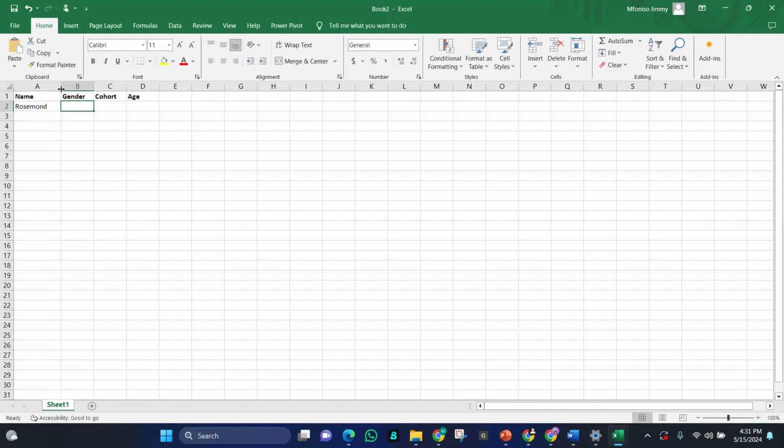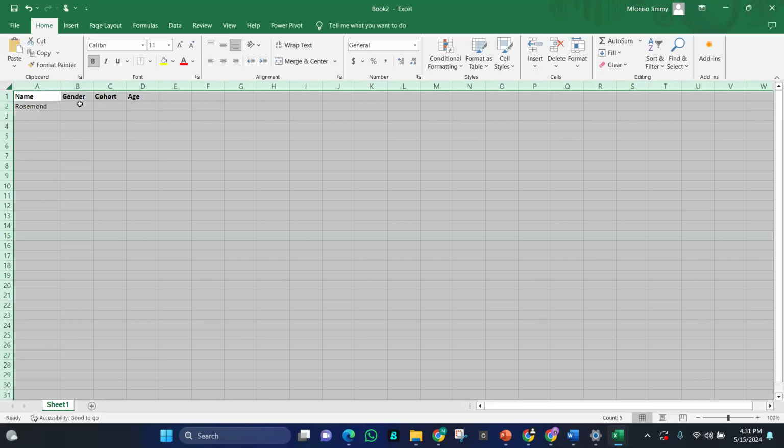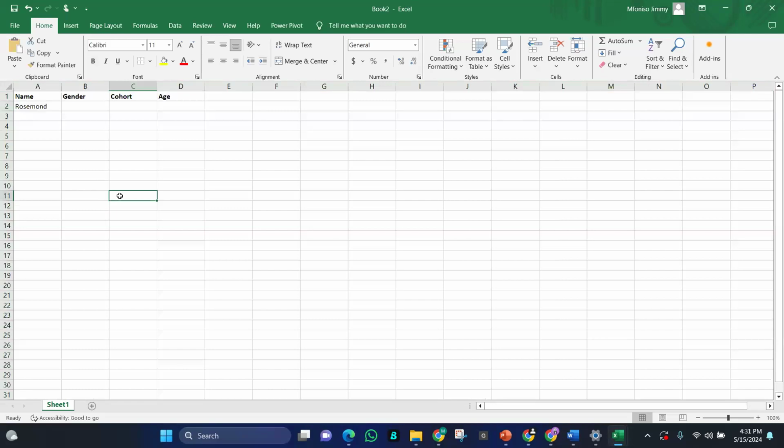This is used to enlarge the sheet, and for easy enlargement you can just choose to highlight the sheet and expand. Once you expand, all the columns will expand to the same size you wanted them to be. So this is female and this is cohort 2, and let's say she's 5.